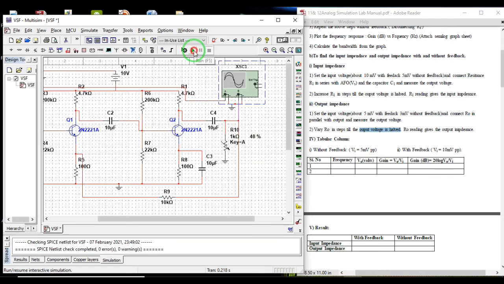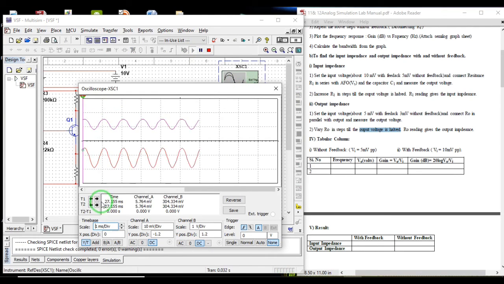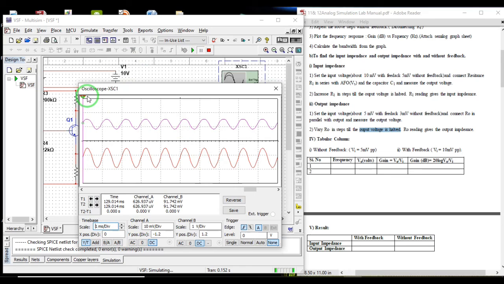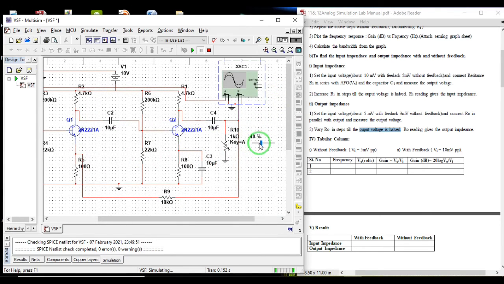Stop it and run it. Yes, we have got something. I have to pause this, measure it. 0.7, so slightly somewhere near to this. For 50% it was 0.75, for 40% it is 0.7, so it means I have to reduce it, not by that much, slightly will reduce. So this is also again trial and error.